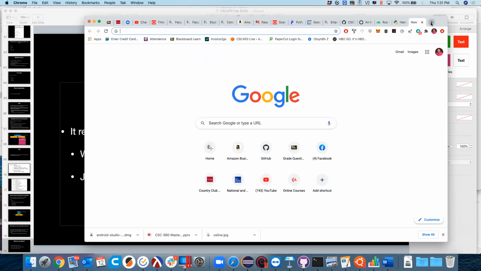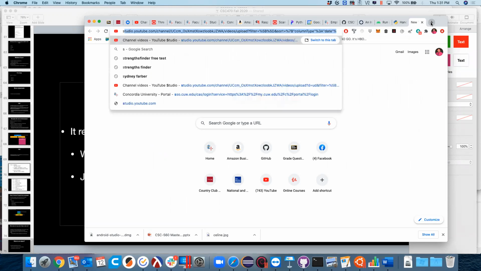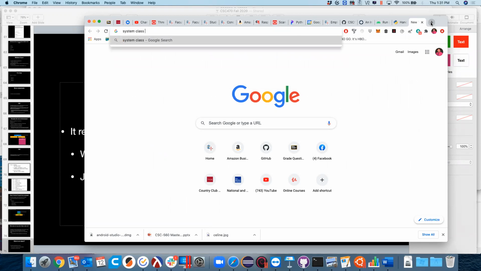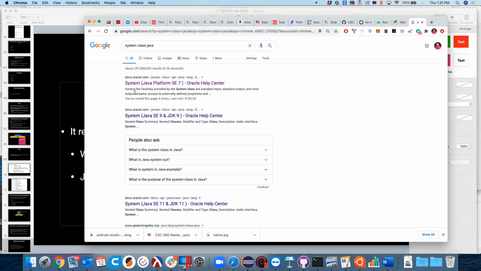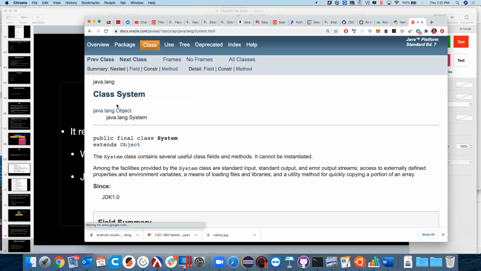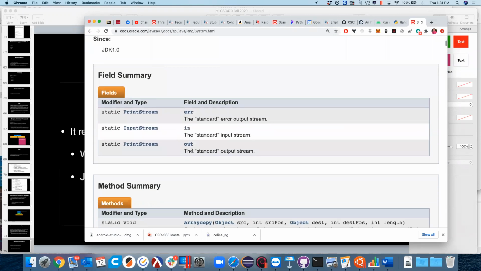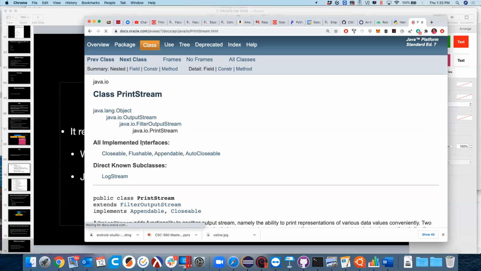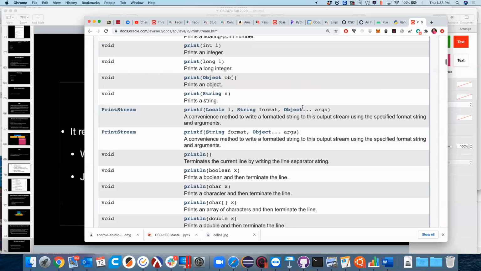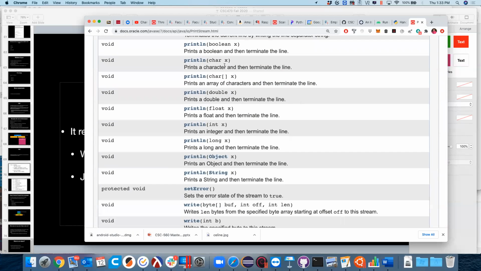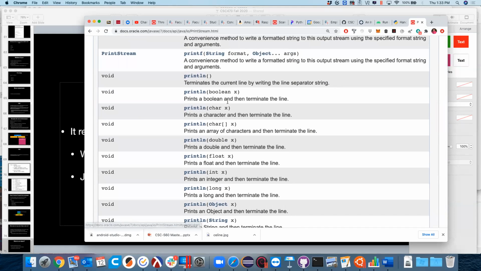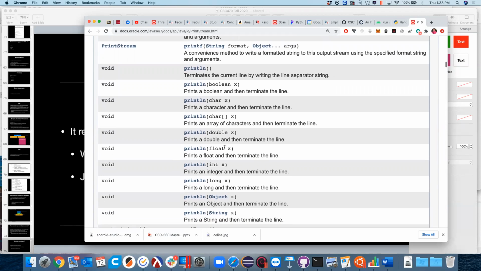So let's do the System class in Java. I think it's a PrintStream I'm looking for. System.out is a PrintStream. All right, PrintStreams have a bunch of methods. Famous ones are this println, right? System.out.println in Java. So notice we know how to print a boolean, a char array, a double, a float, an